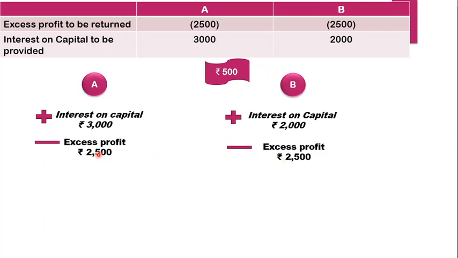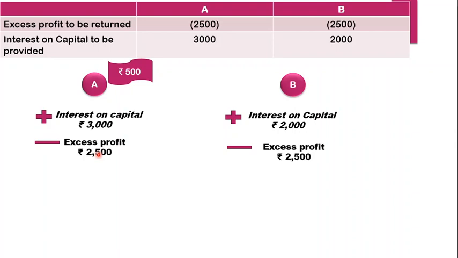Okay, so the point here is B will pay an amount to A, then everything will be settled. Things will all be okay. The error will be rectified without making any changes in the final account. So if B pays 500 to A, things will be all okay. That is what is called an adjustment. What we did, we found the net effect amount, exactly the effect on A's and B's capital accounts, and that has to be adjusted again between A and B.